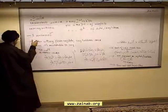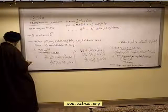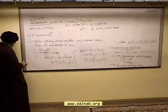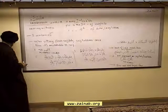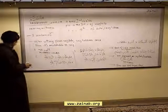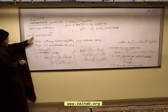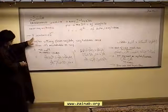Ashhadu an la ilaha illallah wahdahu la sharika lah wa ashhadu anna Muhammadan abduhu wa rasuluh. Allahumma salli ala Muhammadin wa ali Muhammad. These are the three sentences. Takbir is also mustahab. All the takbirs are mustahab in the salat other than the first one, takbiratul ihram. So then you say the three wajib sentences, and when you say the third wajib sentence, which is salawat over the Prophet and his family,